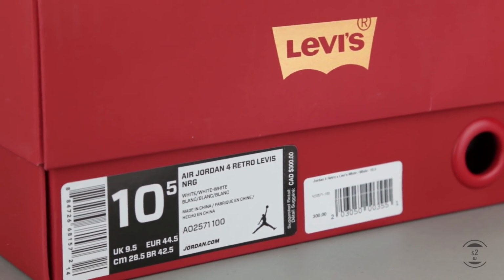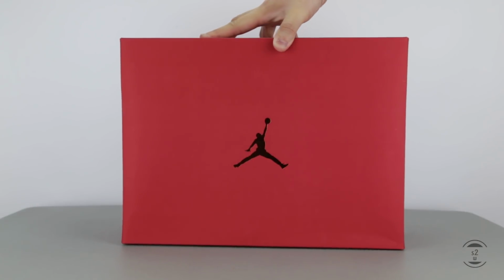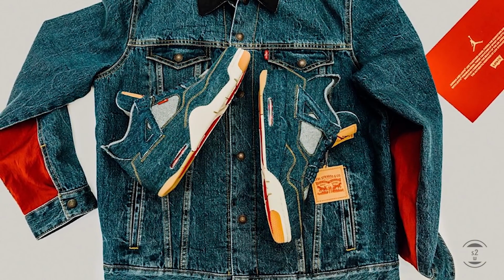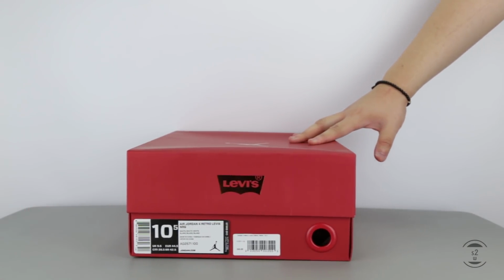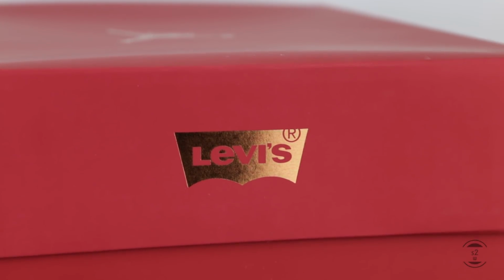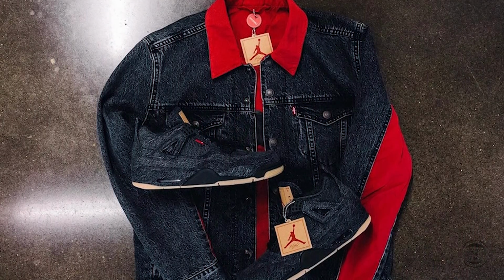At the beginning of 2018, the first major alliance of the Jordan brand was with Levi's, and that resulted in the beautiful release of the Air Jordan 4 Blue Denim, featuring, well, an upper made out of Levi's iconic blue denim. Six months later and now into the summer, Jordan and Levi's have continued their partnership by creating two other variations of the collab by using black and white denim fabric. Other than the sneakers, trucker jackets that match the sneakers were made too, but I was only interested in the